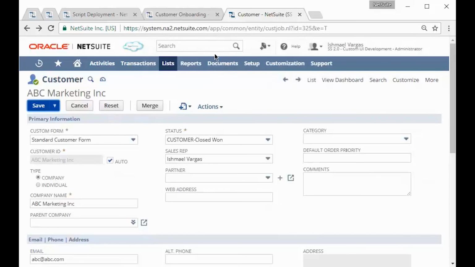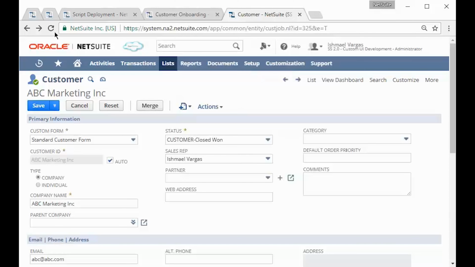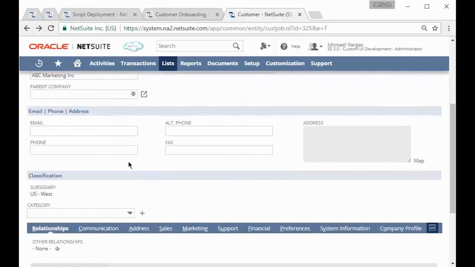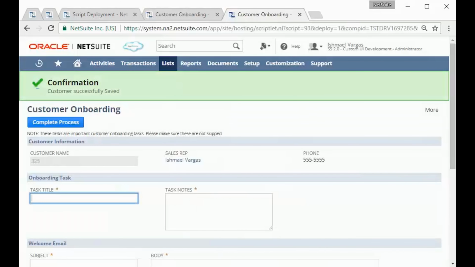After clicking on save, I'll click on OK. Oh, looks like I need to refresh the page first. Okay, there we go. I'm going to try that again. So abc@abc.com, then phone number 555-5555. Save. And again, if everything is all right, we should be able to see that information displayed on the